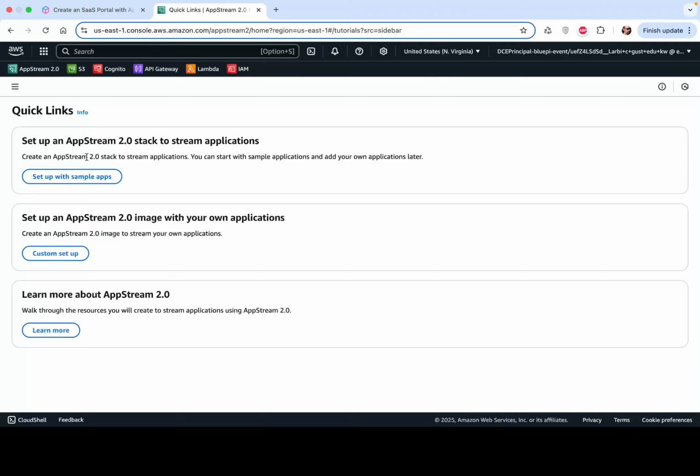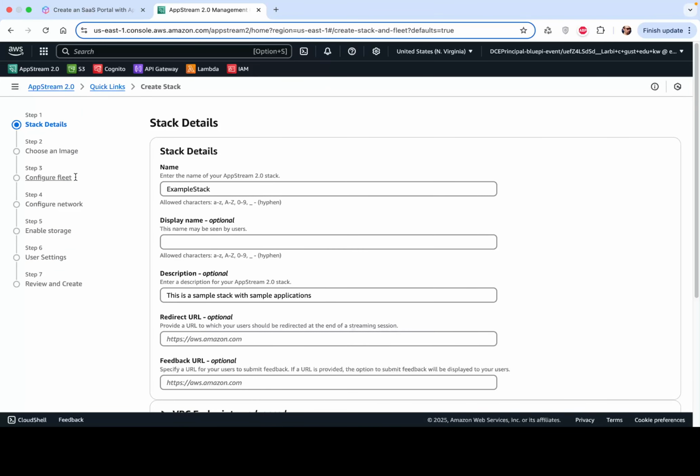Okay, so this is what we need. You can set up a sample, and in case you don't have a SaaS, obviously we will need a sample to show as a demo. And you'll start by